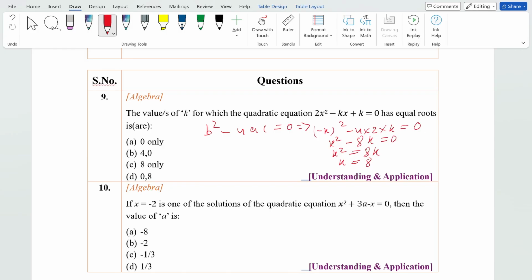It is given 8 only or 0, 8. Which one? 8 only or 0, 8? See, the answer is 0 and 8. Why? When you put the value here,